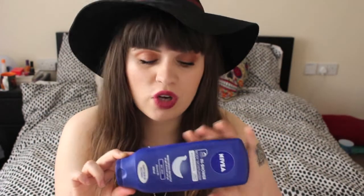This is the Nivea In Shower Body Moisturiser in the dry skin. I love this. This is my main body moisturiser and I love it. I just love it. I actually need to buy another bottle of it. But sticking in the same vein,